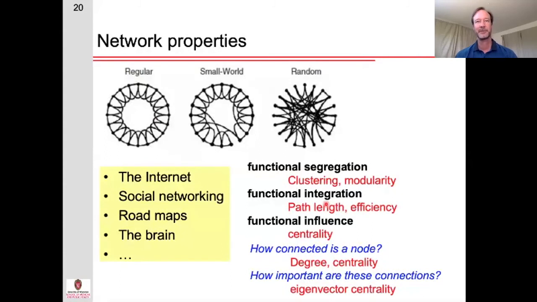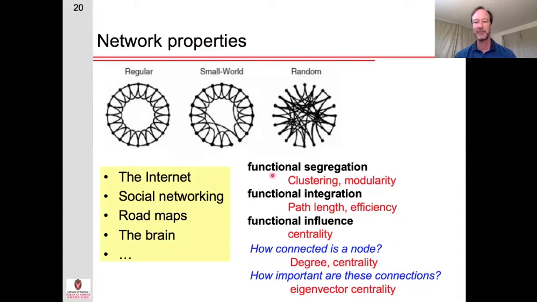This idea of representing the network as a graph is actually really useful because there's a number of tools that have been developed to try to understand these graphs. It's what's become known as graph theory. And this has been applied not just to the brain, but also to other kinds of networks, the internet, social networks, road maps, and in our case, the brain. And there's different kinds of measures that you can calculate by representing the networks as a graph. A graph consisting of a series of nodes, that is regions, and edges, the connections between those regions.